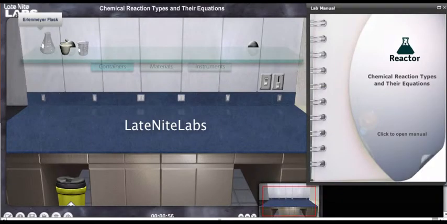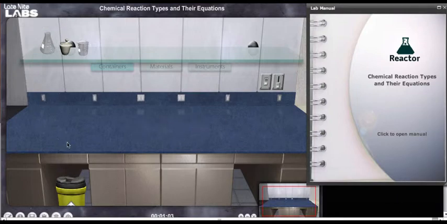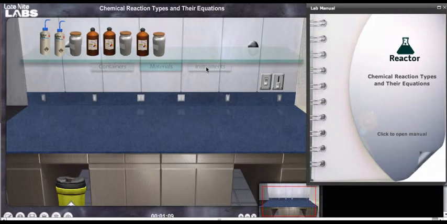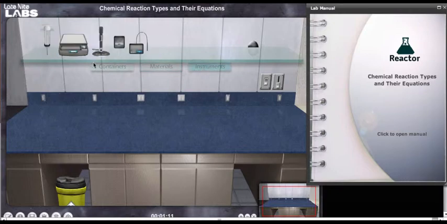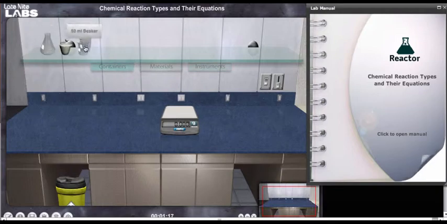Here's a very brief introduction to the Late Night Labs interface. When you come into Late Night Labs, you'll see your workbench, and up on the shelf you can either tab the containers, the materials, or the instruments. And then whatever you need, you drag it down to your bench to work with it. Okay? So if I want to get a beaker, I pull that down, I get the mass of the beaker. I have a reading. I would come over here to my lab book.